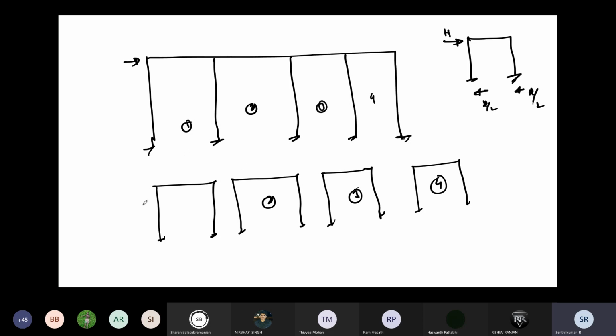So when you are doing like this, here you are applying the H, whatever V or H, the shear force if you are applying laterally. So how much will be transferred here? Whatever the value, it will transfer some value. We don't know the exact value. If I am putting H, the internal column will carry 2H, the external column will carry a single H only.